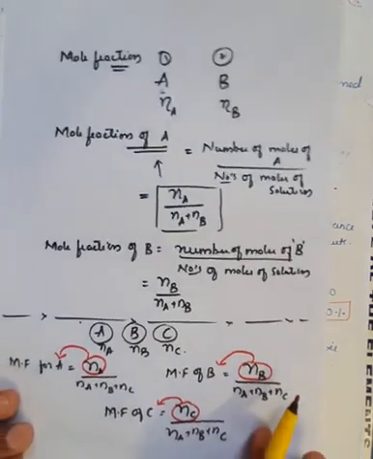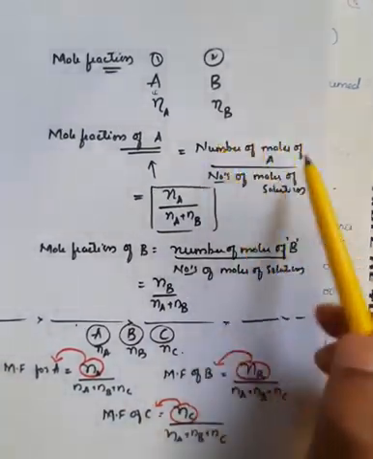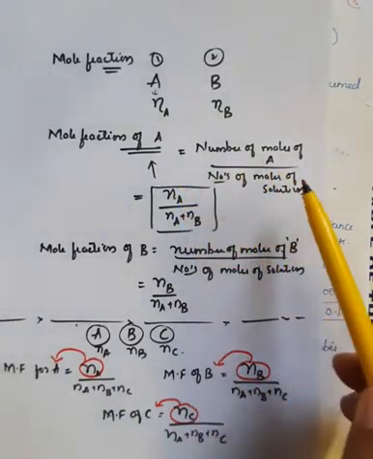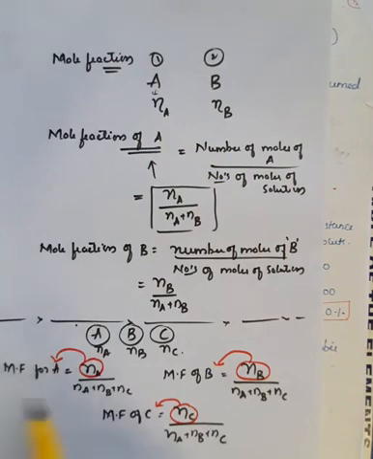Mole fraction is equal to the number of moles of the particular substance divided by the number of moles of the overall solution, that is A plus B. If there are three, it means A plus B plus C. Like this, we can calculate the mole fraction for any compound. Okay, so this is all about some of the important definitions as well as the formulas which we have seen, and there are two last important definitions, and definitely one of the two will be for your annual examination.